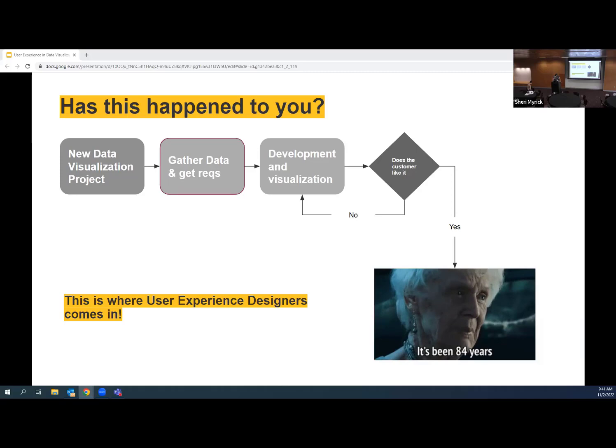Stakeholders have goals that they need to achieve when they reach out to us. Our job as user experience designers, or in this case, data analysts, is to bridge those goals and build something that users will want to use, all while making sure that our stakeholders achieve their goals. It's a lot, but when you start thinking like, what will someone want to use versus, oh, this is what our stakeholders want, you're going to find that this cycle maybe is 80 years instead of 84.